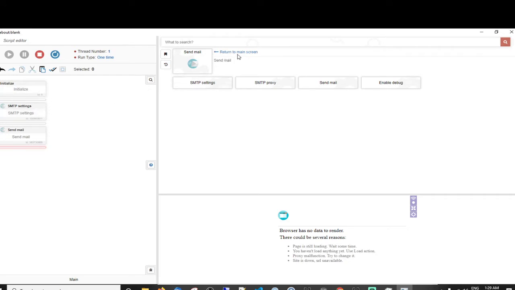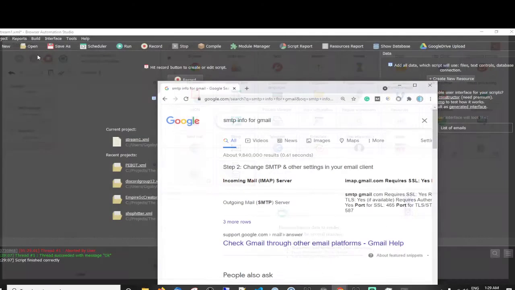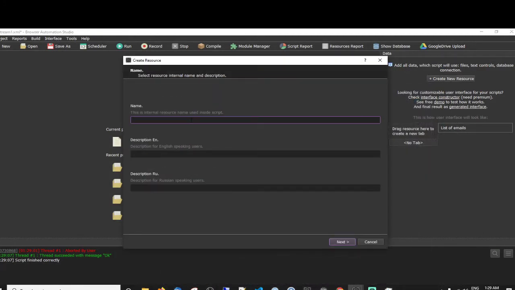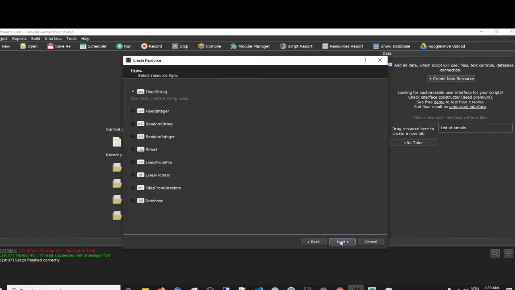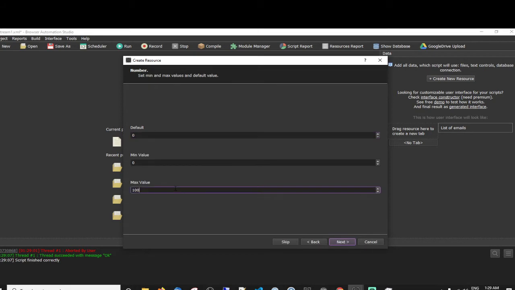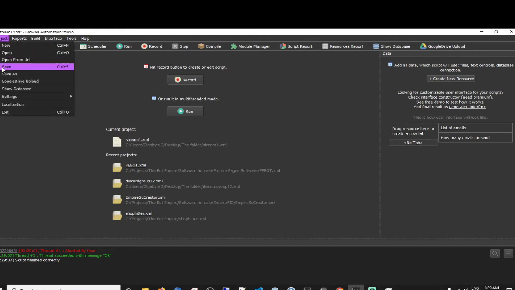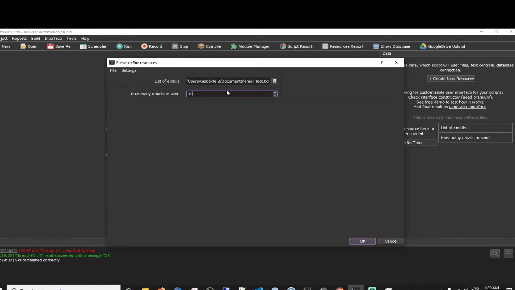And because you've got more than one, if we come out of here, you could do something like this as well. How many emails to send? This is just one way to do this. There's quite a few ways to set up to make sure that you send all the emails you want to, but this is just one way off the top of my head. I'd say this is how many emails we're going to send out, okay? And then we could just do a simple loop. So just say we're sending out 10.